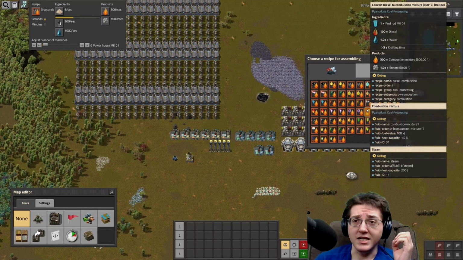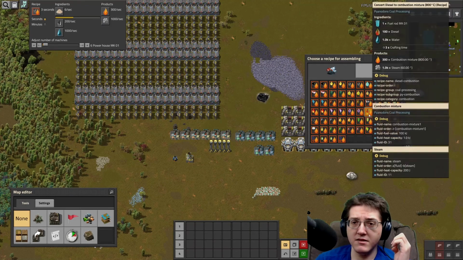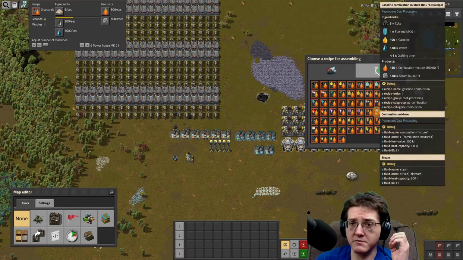Diesel plus fuel rods, pretty decent, depending on how you get your fuel rods. Pretty decent. My biggest concern here is that fuel rod Mark 1, because it all comes down to how you're getting that fuel rod and how energy efficient you're going to be getting that fuel rod on that diesel recipe. Similarly with the gasoline,